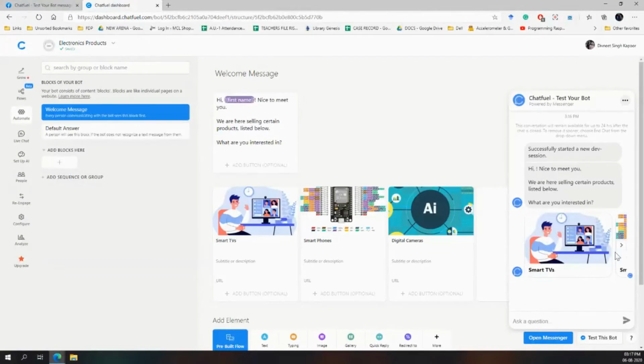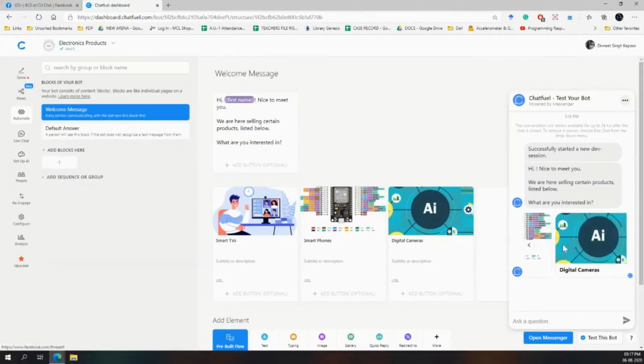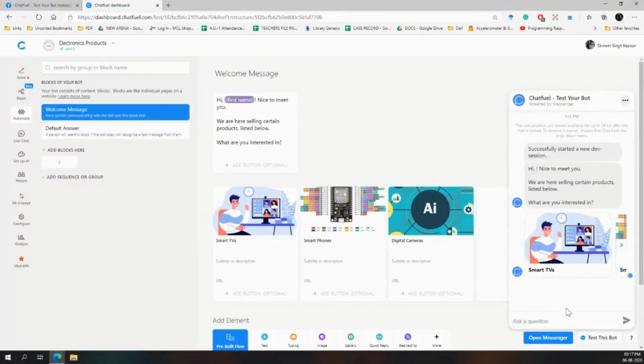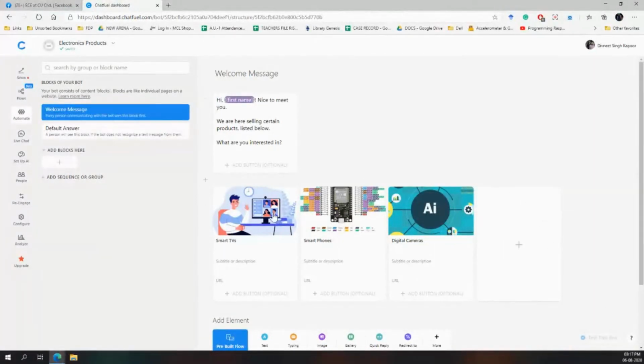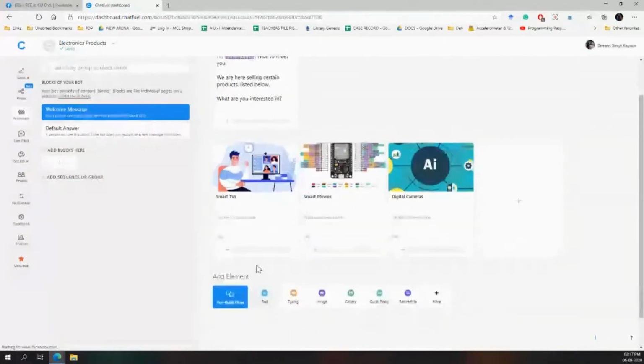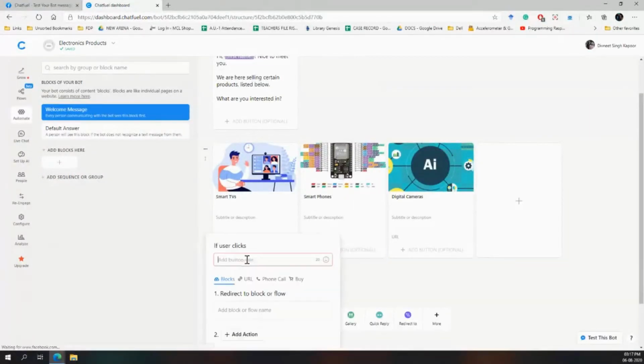Right. Now the point is I cannot select any of the options right here, as you can see. I cannot select any of the options. So for selecting the option, can you see the option of add button? So I'll add a button, the name is the same name.